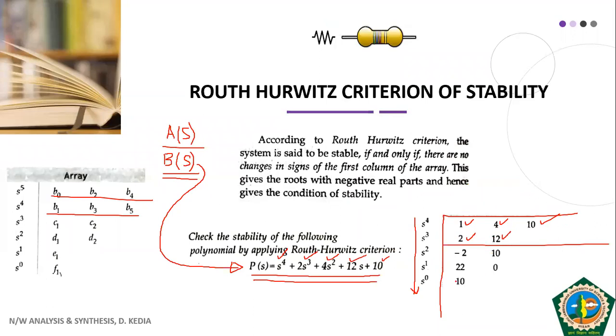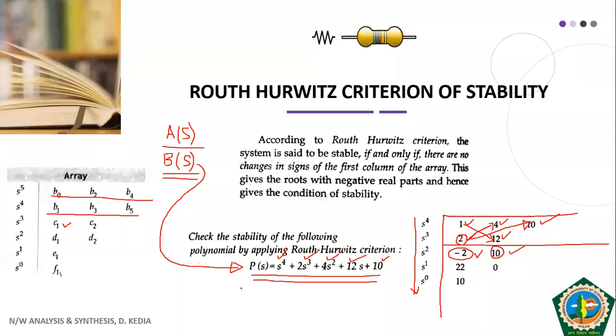Now we have to calculate this, which is C1. How can we calculate this? We have to multiply this with this. So 4 into 2 is 8, minus this, 8 minus 12, that is minus 4. Minus 4 divided by 2, we get minus 2. This is what we get. Now we have to find out this one. For this, 2 has to be multiplied with 10. 2 tens are 20, and this thing is 0. 20 divided by 2, how much? 10. We have got this.